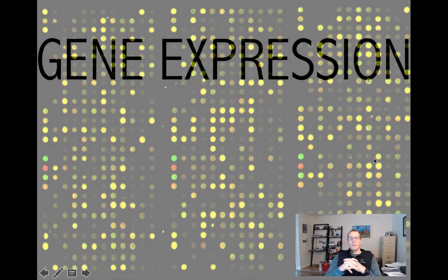Okay, welcome back. This is our fifth segment on gene expression. Last time we talked about the genetic code and how the information in mRNA can be decoded using that code to direct the ribosome to link together amino acids in a particular order based on the nucleotide sequence in a gene in the DNA. So remember, the sequence of nucleotides in the DNA in the gene is read in sets